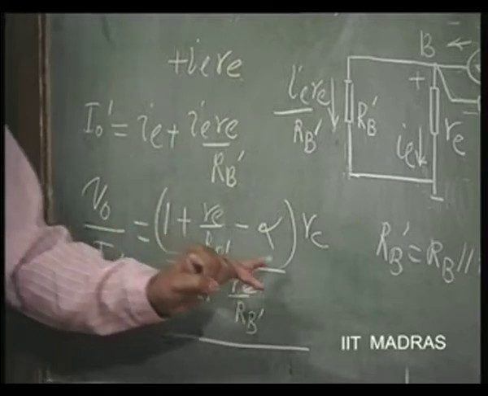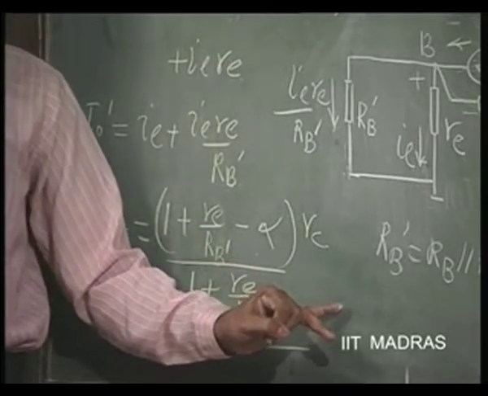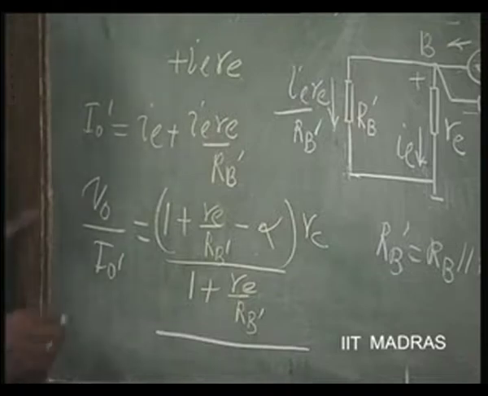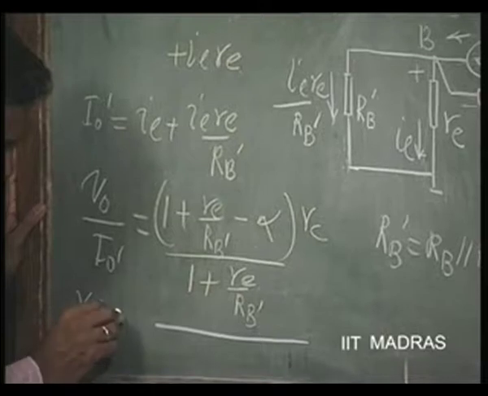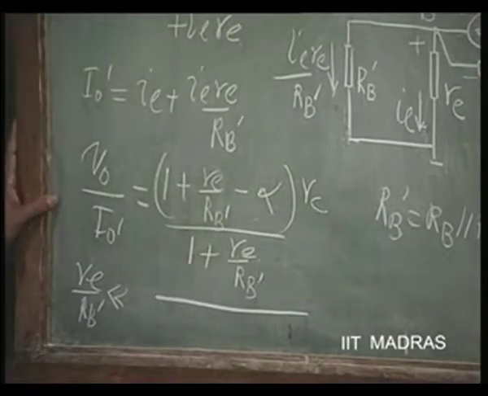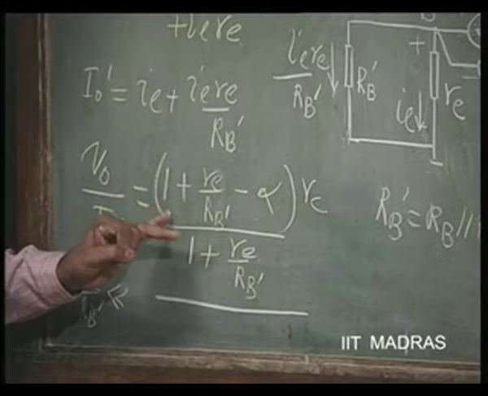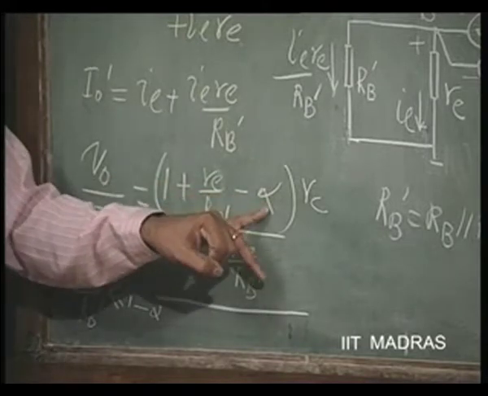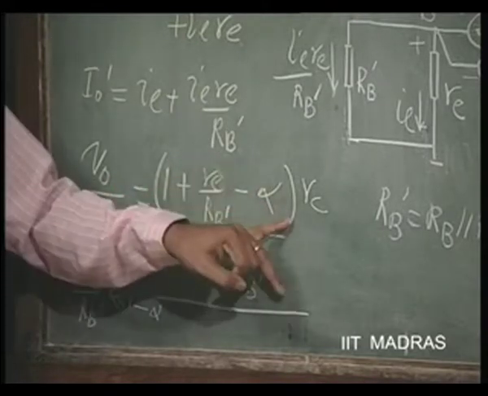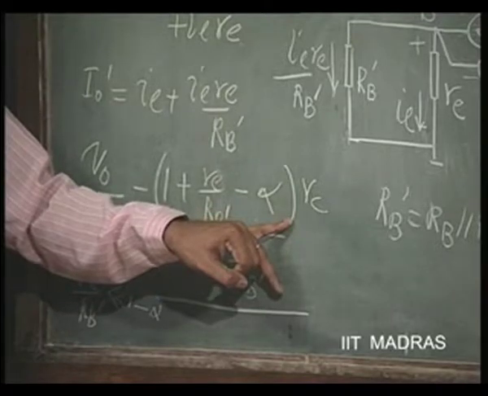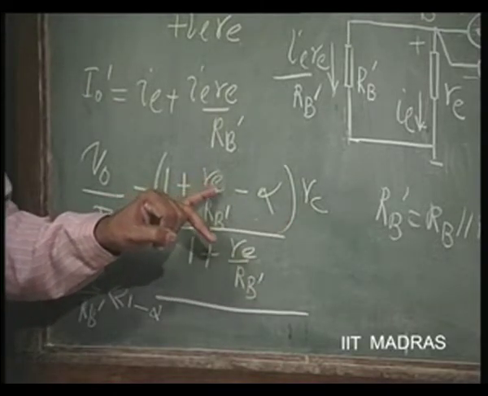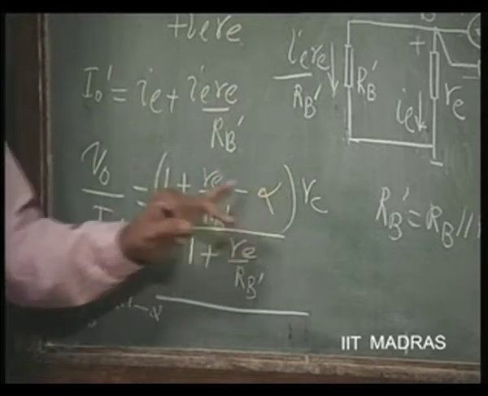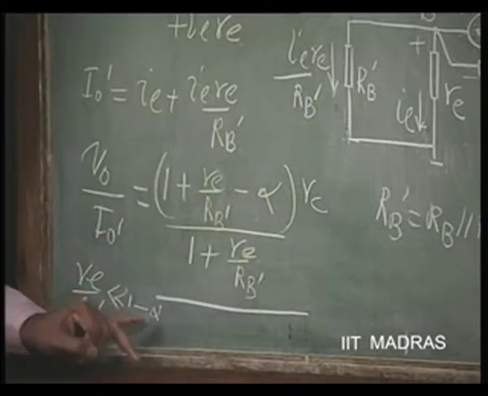What will it become? 1 minus alpha into R C. So, if R E by R B dash is much less than, we have to compare it with 1 minus alpha, because alpha is very nearly equal to 1, so 1 minus alpha is also a very small quantity. So when I neglect, I have to neglect it compared with 1 minus alpha. So, if R E by R B dash is much less than 1 minus alpha,